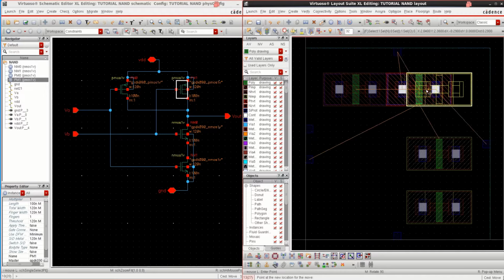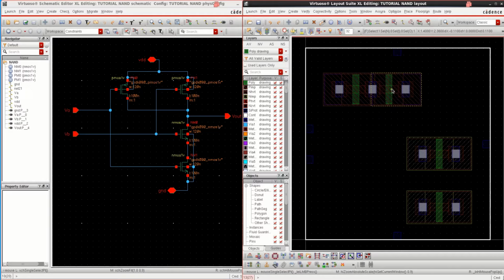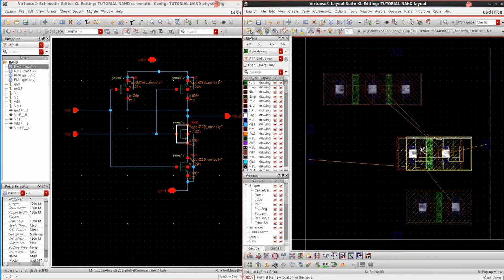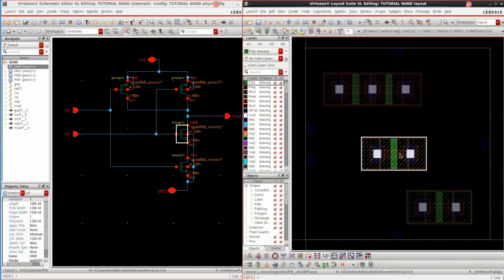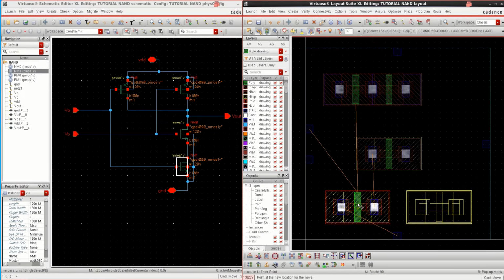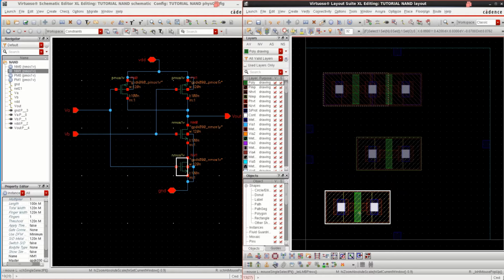So what I will do is, I'll just overlap on this so that it is a shared area. This is the shared area. Similarly, you can connect these two as VDD. Now if you select, this transistor is connected to this, or the gate of PMOS is connected to this, and this transistor is connected to this input.